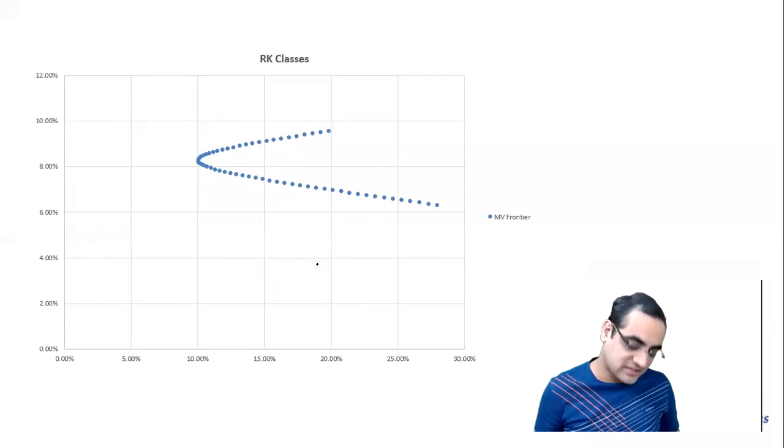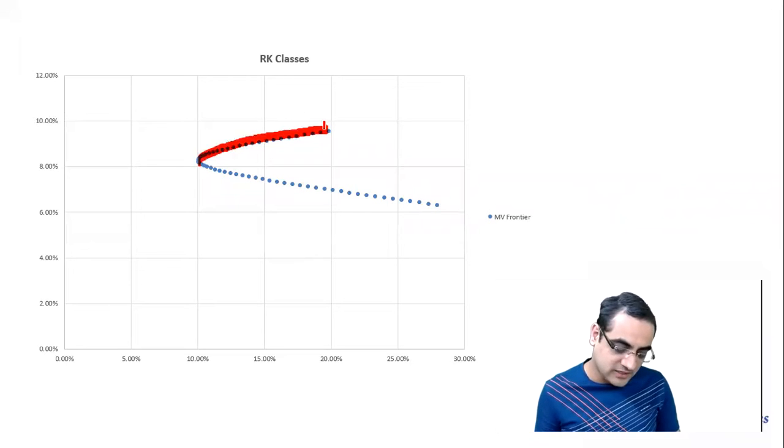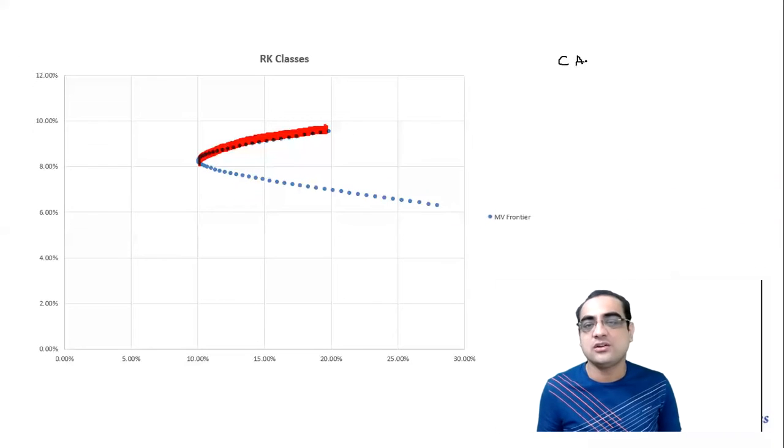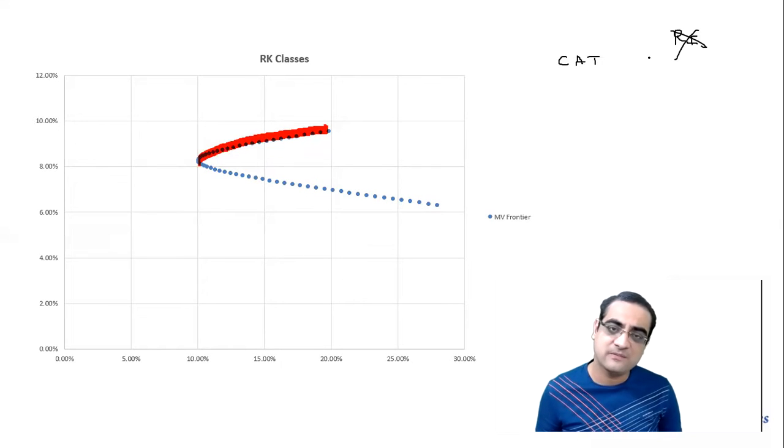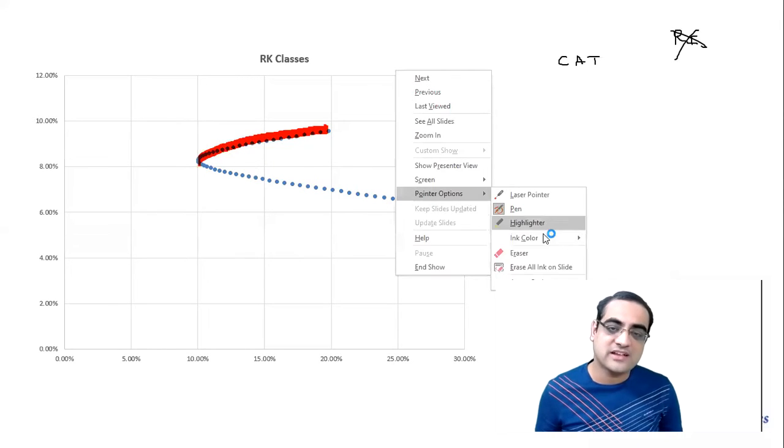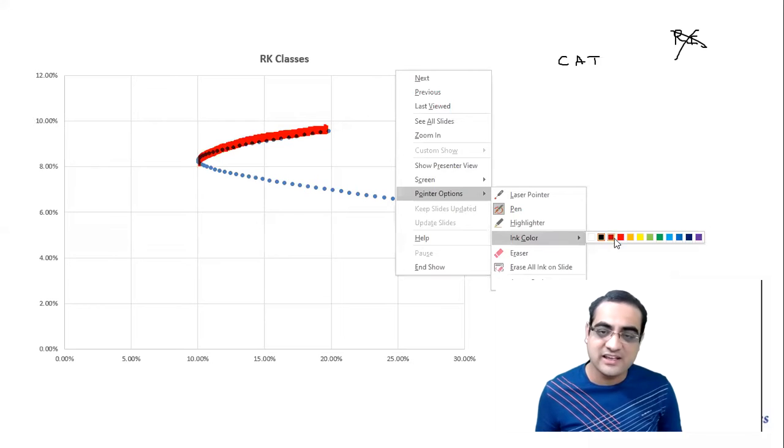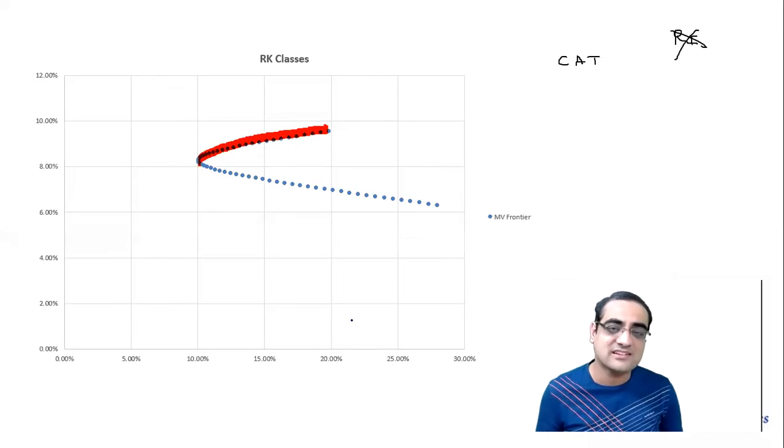What was the next step? If you recollect, what was the next step? ये जो efficient frontier है, this would be your capital allocation tool in case the client does not want to invest into a risk-free asset. I hope you recollect that. So what you will do is ask the client कि आपको कितना risk लेना है वो बताओ. That is, you tell us your risk tolerance.